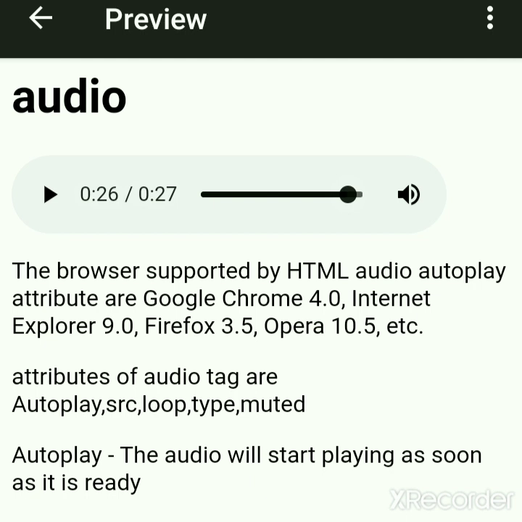Controls gives us the play and pause buttons. Loop means the audio will start over again every time it is finished. Muted specifies that the audio output should be muted. And src gives the URL of the audio file.